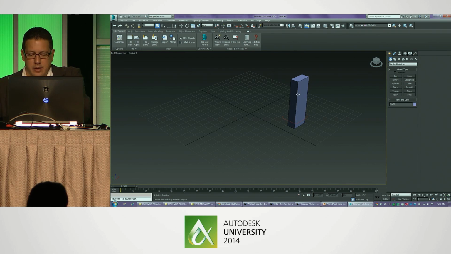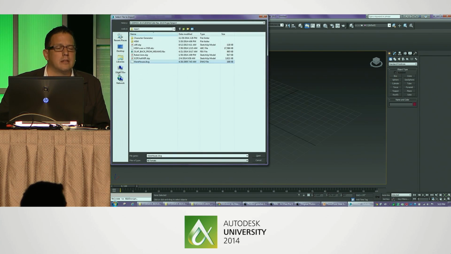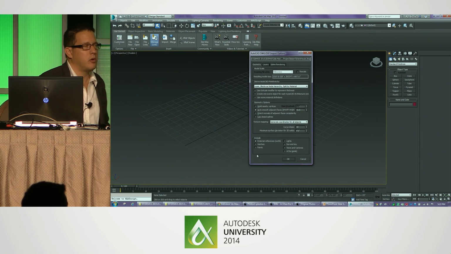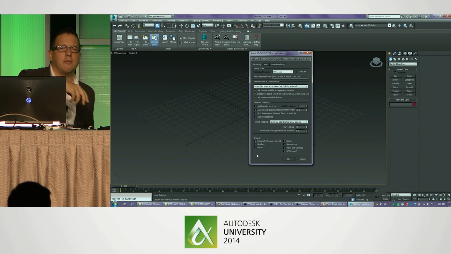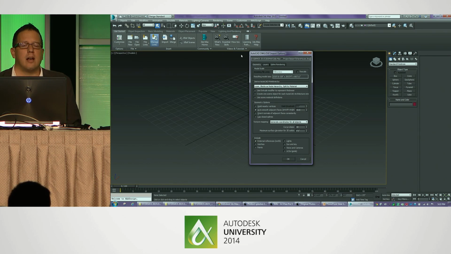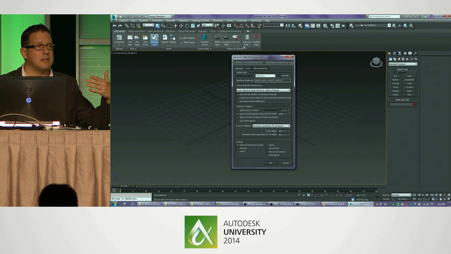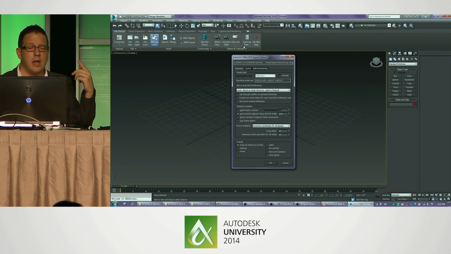If you start to bring in data, though, let's import data from somewhere else, using the design ribbon, in this case a DWG file. If I bring this in, here's a dialog that many of you are probably familiar with from something like AutoCAD. My point here isn't specific to the DWG file format. If you're bringing in data from other places, this dialog will look different depending on the file format that you're using. And when I say do a lot of tests, you might be using an older version of AutoCAD and a new version of Max or vice versa, and depending on what you need to do, with these settings